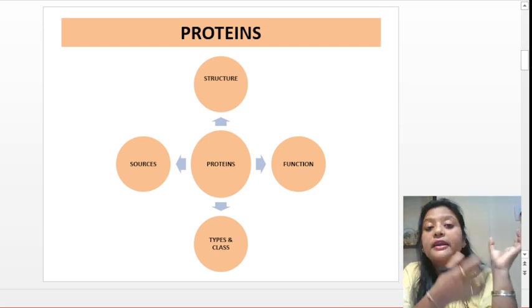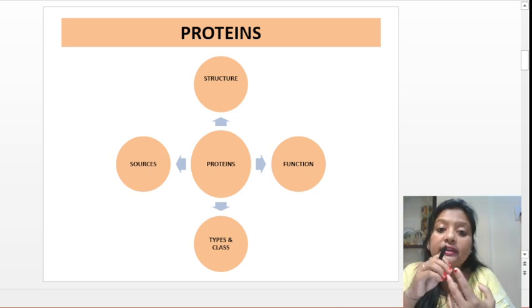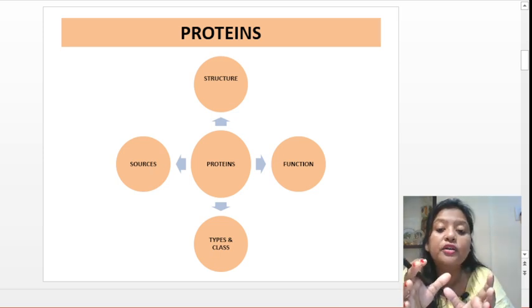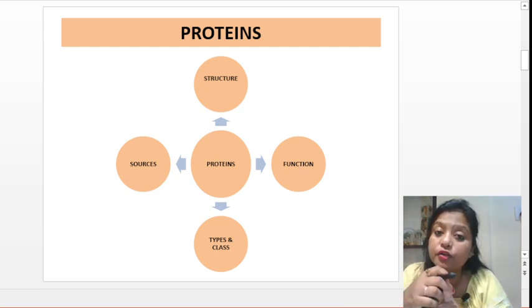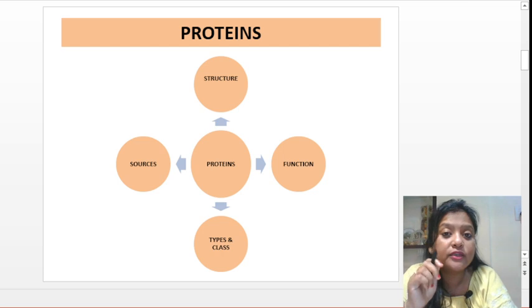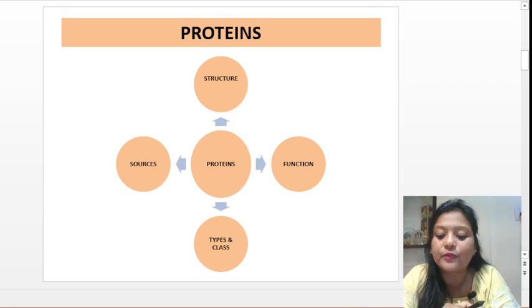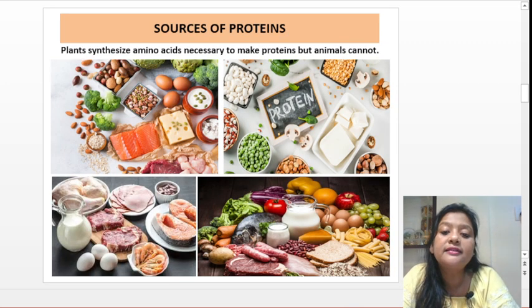Now first we'll talk about the structure. Similar to carbohydrates, here too I have drawn a graphical chart to help understand proteins. Here we have the structure, the source, type and class, and the function. I've told you what a protein is. In the next few slides, I'll talk about the sources of protein, how we get protein in our daily life. Then I'll talk about the structure and properties of proteins, how many types they are divided into, how you can classify proteins, and at the end we'll talk about the importance. So stick with me till the end, because at the end of the class I'll tell you some very interesting information about proteins.